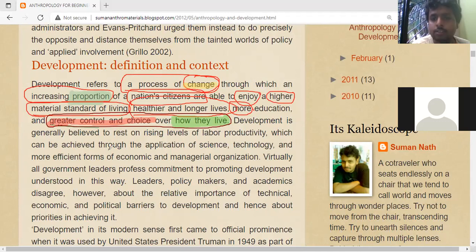The answer is no. Why no? Because you may love to do photography, okay, or for that matter you might be very interested to paint,